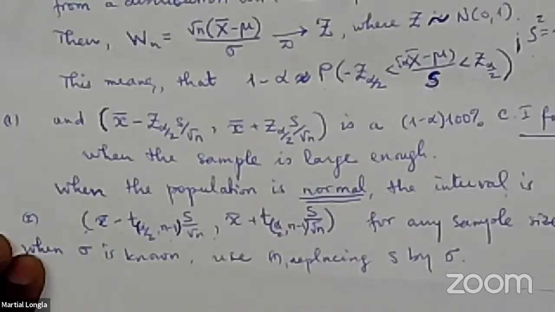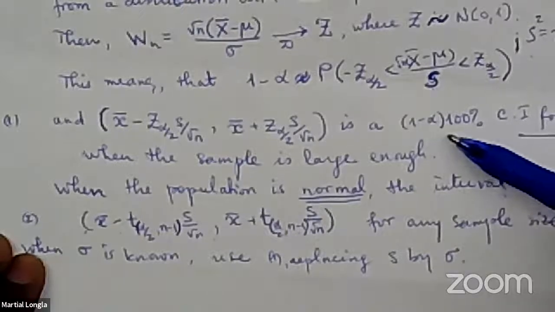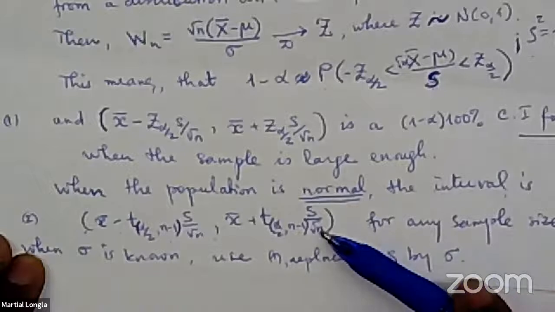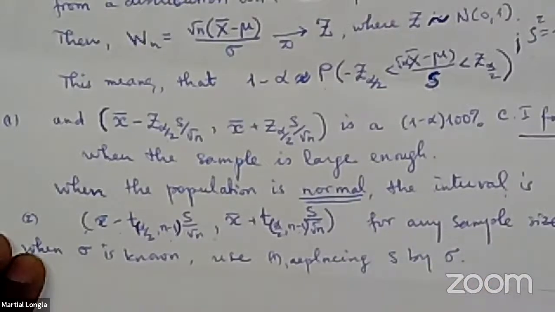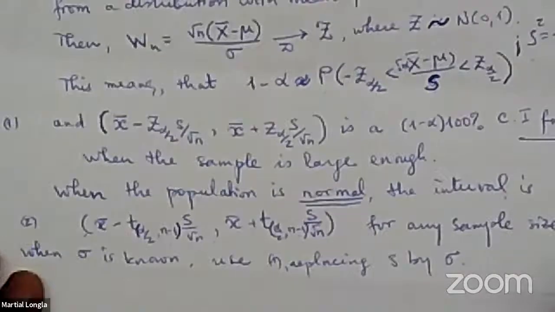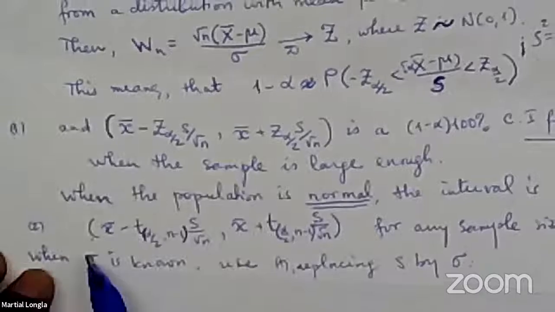And that is true for any sample size, while the other one needed the sample size to be large. In this one, no matter what the sample size is, it is true because the distribution of the population is normal. On top of that, when sigma is known,